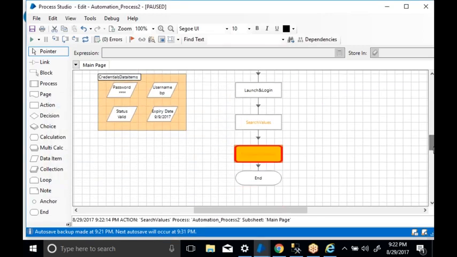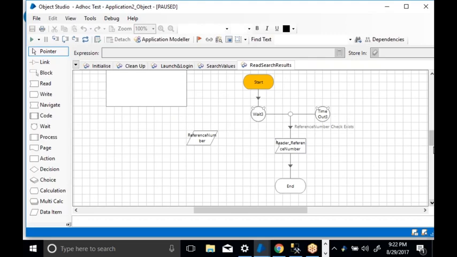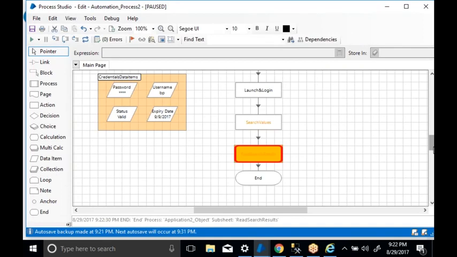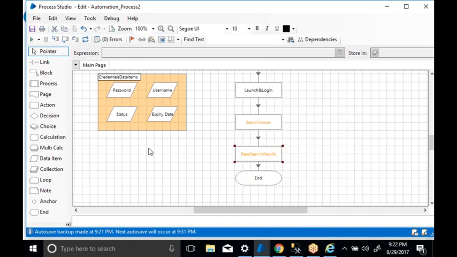Now if I press F11, I can enter into my object like this. Again I press F5, and it read the value, came back to the process, and it ended like this. You can use the debugging shortcuts. Any doubt here, anybody? How to remove the breakpoint? Right click and uncheck the breakpoint. That's it. Any doubts? Anybody?